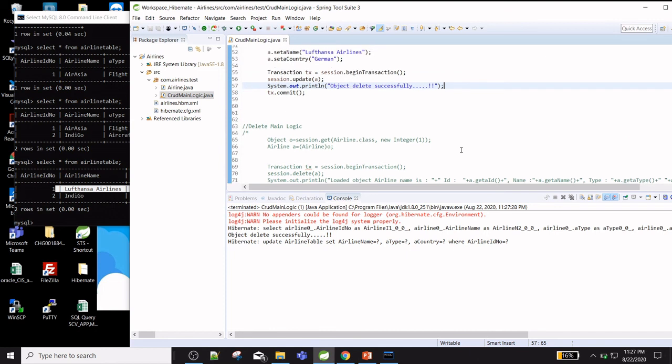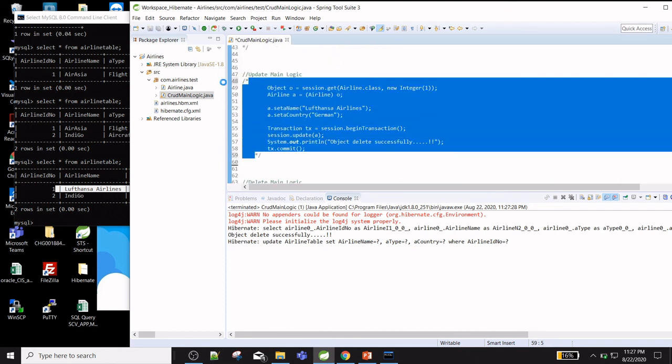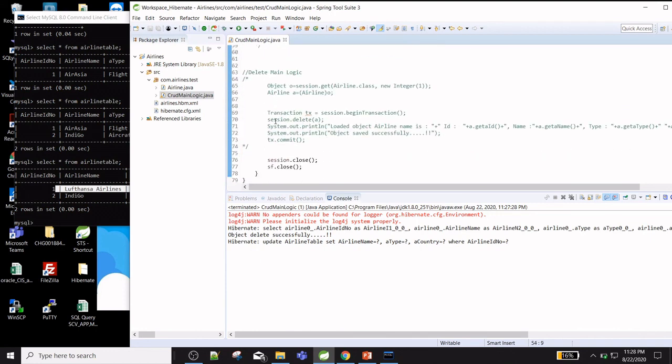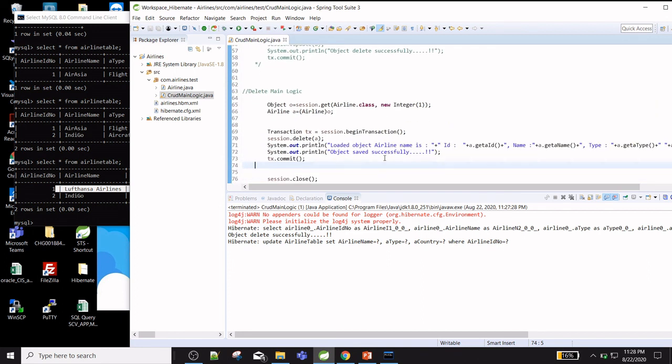And now the delete operation we will understand. In this delete operation, we just delete an object, one row, from the database.